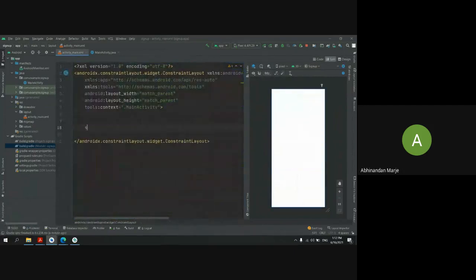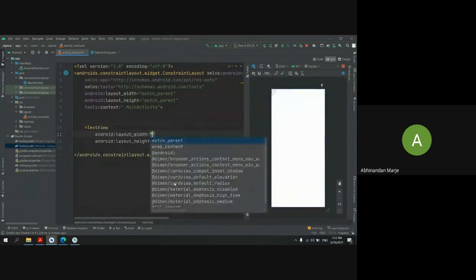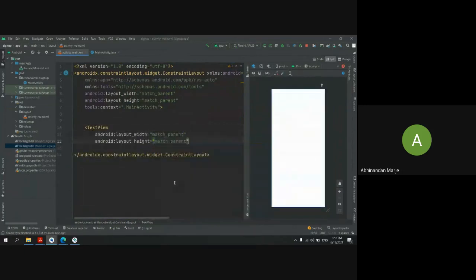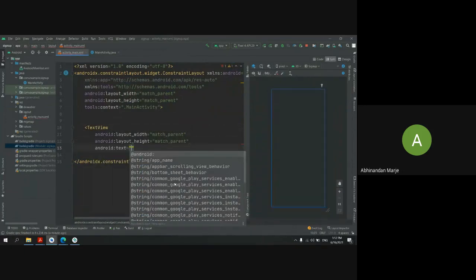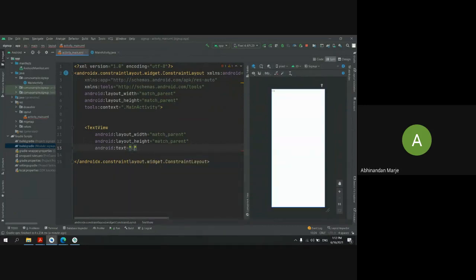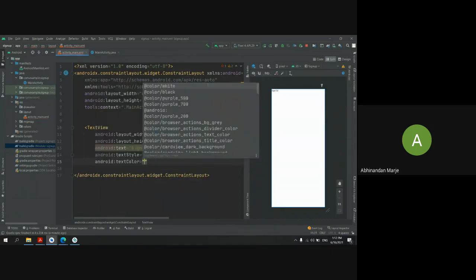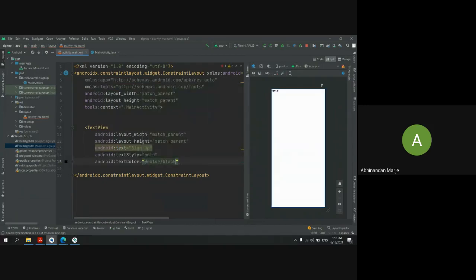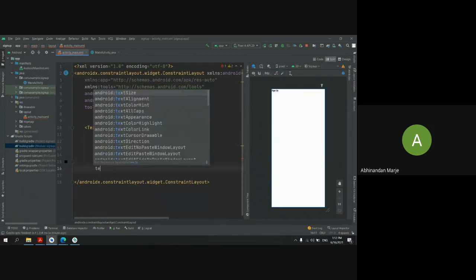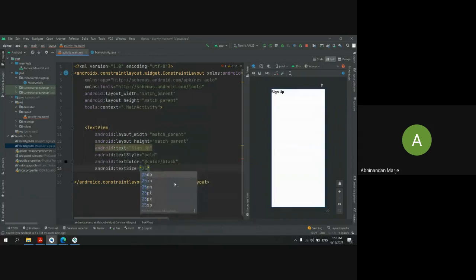The first thing we need is one text view with that content, and the text style should be bold, text color should be black, text size should be 20.